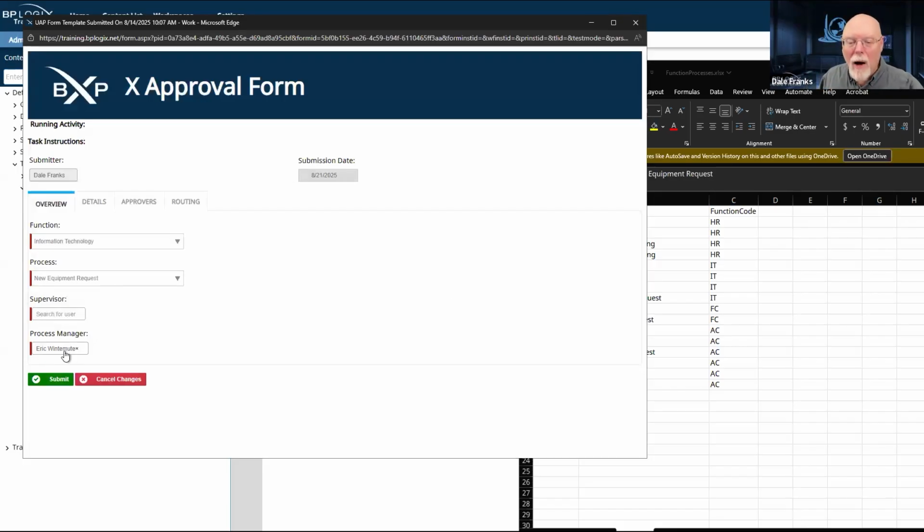So now I'm filling this field via that business rule variable. I'm doing it to fill the field here. I don't have to do it that way. I don't have to show the process manager on this form at all, even though I've made it a required field. I could skip this field totally. This is an implementation choice I made just so that we could see something happening, largely so you could see it happening live like we just did. But I don't actually need this field on the form.